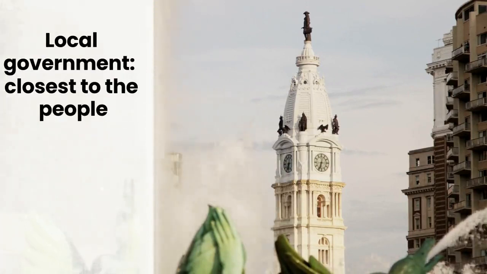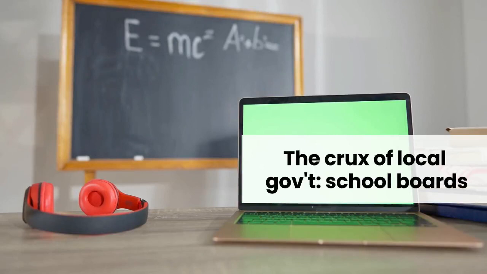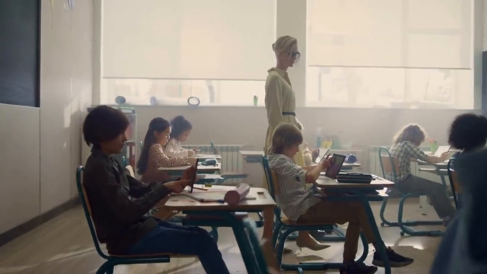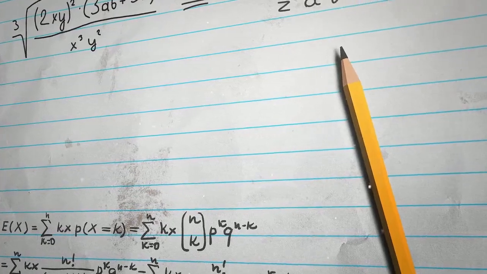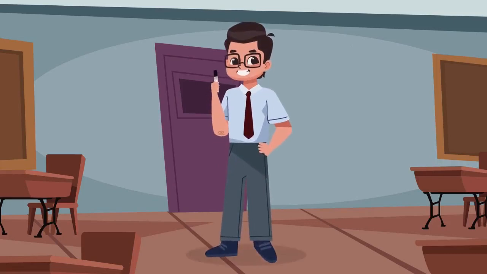Local government works closely with the communities to address needs like education, zoning, and local ordinances. A school board is a powerful entity that sets educational policies and guidelines for a school district, impacting the quality of education students receive. It's responsible for hiring and evaluating the superintendent, approving the budget, and making decisions about facilities and curriculum. While the size of a school board's budget varies, it's typically a substantial portion of a city's general fund, reflecting the community's investment in education.